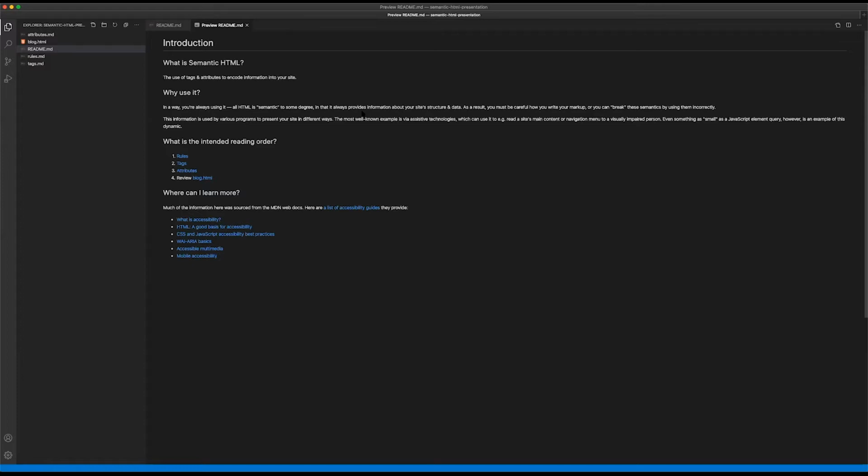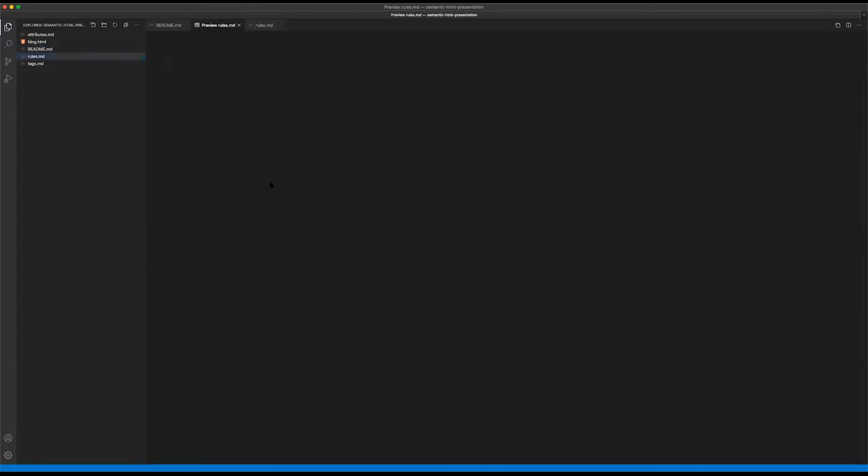And then finally, at the very end, we're going to look at an example HTML page, a document that I wrote. It's just an example of the code. It's not going to be actually something you would see on a page, just an example of these patterns for use. So we'll start off with the rules. Not too many,